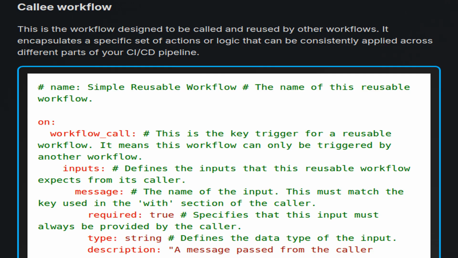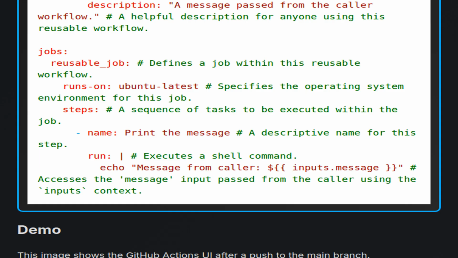The callee workflow is focused on defining reusable actions, indicating that this workflow can only be triggered via another workflow. It specifies the expected inputs directly tied to the caller's input parameters, enhancing reusability and consistency in actions across various workflows. Continuing with the callee workflow's elements, it details the required setup for accepting inputs and executing jobs in a defined environment, including essential steps that encapsulate the core actions which the workflow will perform, such as printing messages, demonstrating